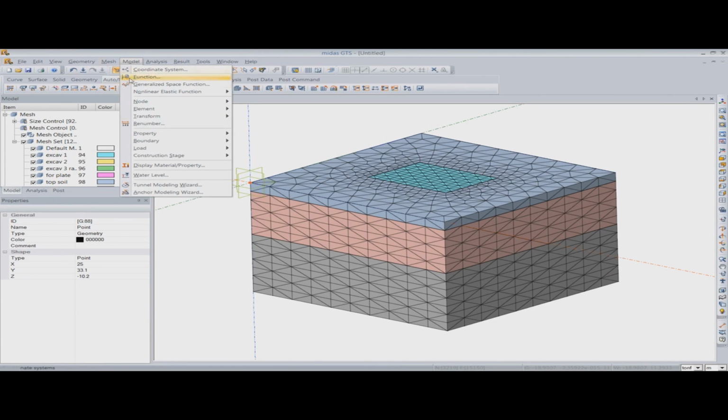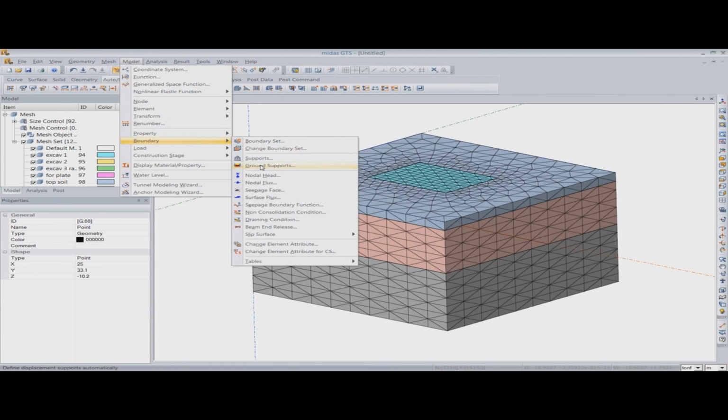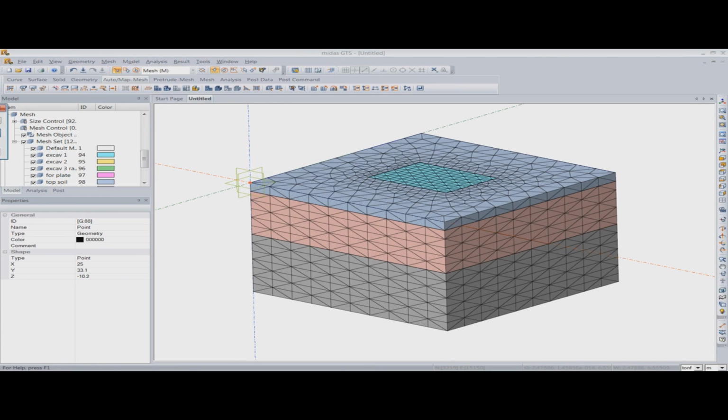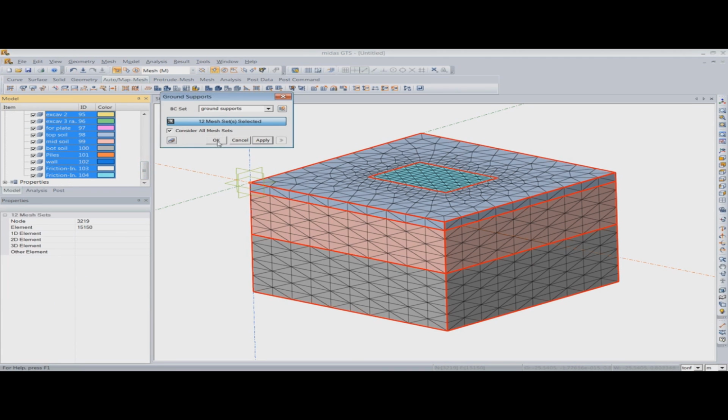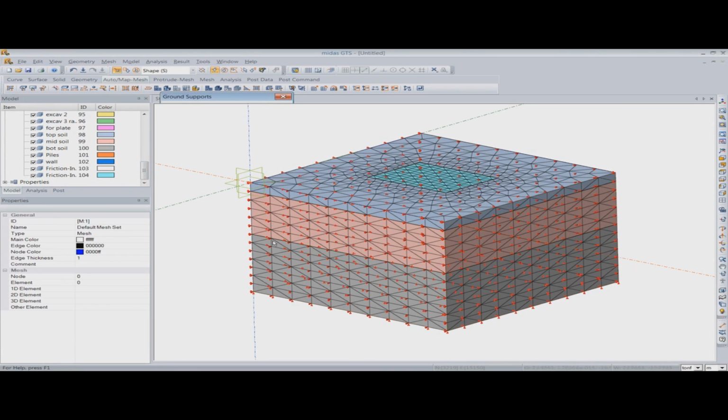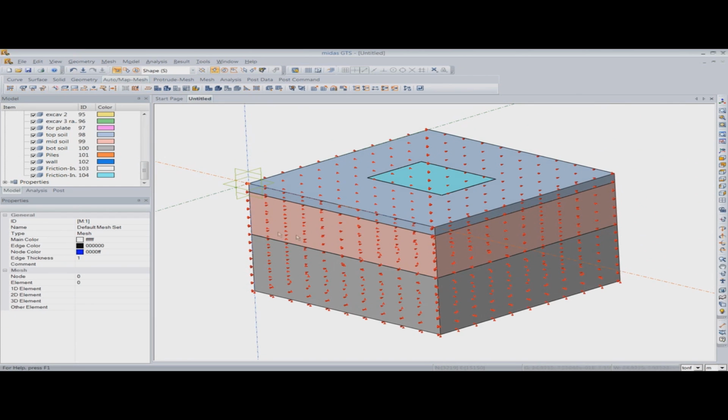For that, I'll go to Model, Boundary, Ground Supports, and I will give it a name, Ground Supports. I will go to the mesh set and select all the mesh sets, and once I click on OK, as you can see, the ground supports have been assigned.